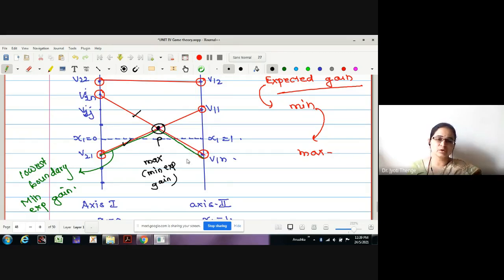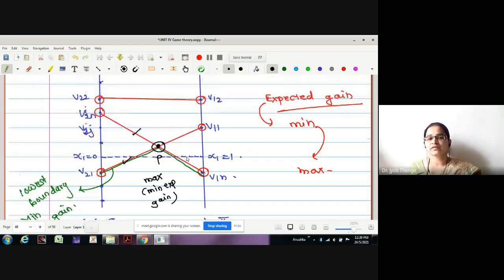With respect to player A we already have two strategies, and with respect to player B we also get two strategies. Therefore the game is reduced to a 2 by 2 game. Once it is reduced to a 2 by 2 game, we can solve it by the arithmetic method or any suitable method. Is that clear to everyone?